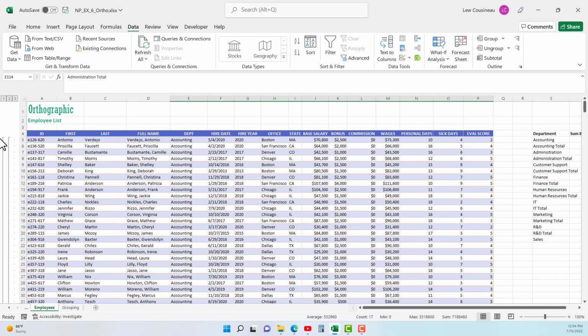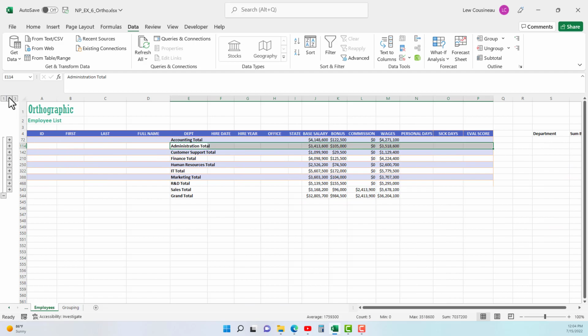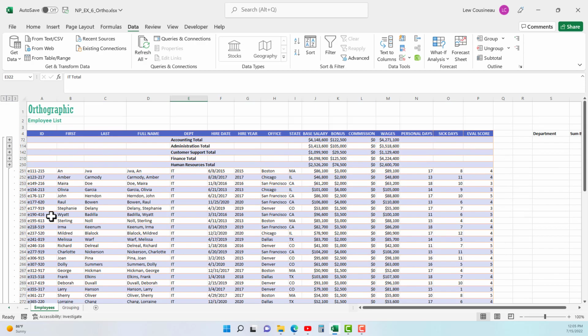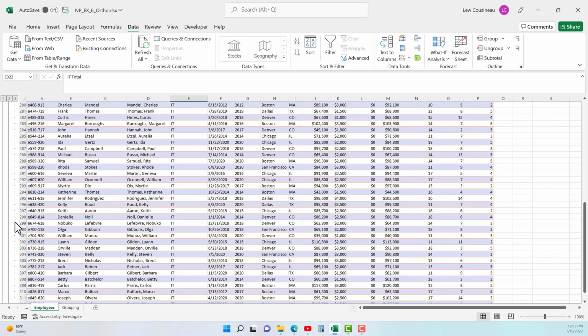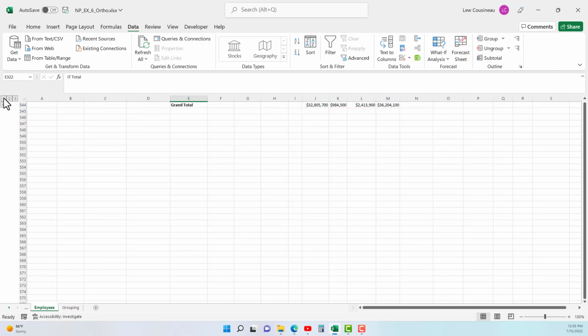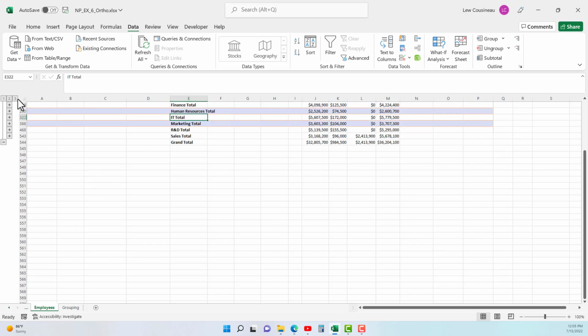If you just want to see the subtotals, you can collapse all the data by hitting the 2, and now I have the totals. If you want to see some information around, let's say, the IT department, I can hit the plus just on that one. It'll expand, but the rest will be collapsed. You can then hit the minus to collapse it again, or the 2 button. If you just want to see the grand total, you hit 1, and there's your 2, and then 3 is